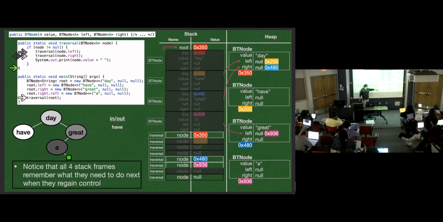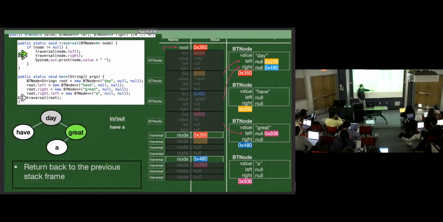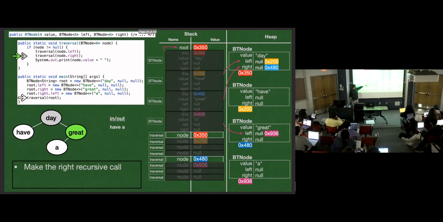And then all these stack frames do end. This one doesn't do anything. Gets control again, which is going to print to the screen. It was waiting for its right recursive call. So it's printing to the screen and returning. Gives control back to this node, which just made its left recursive call. So it's going to make its right recursive call on null, which does nothing. Returns. This stack frame gets control again,